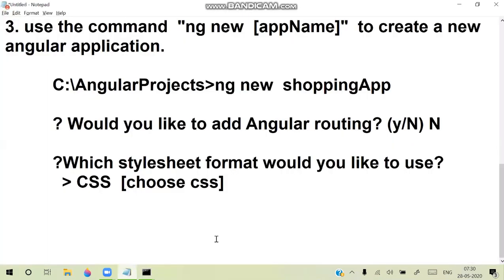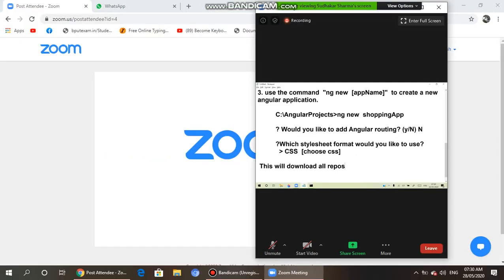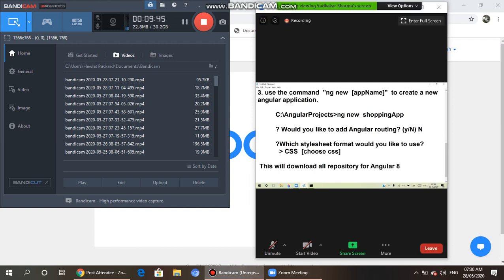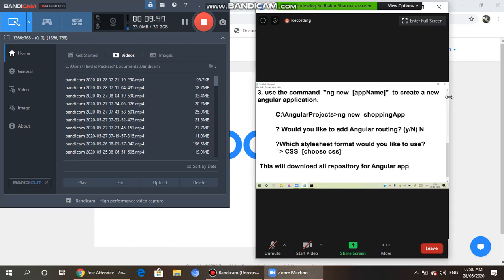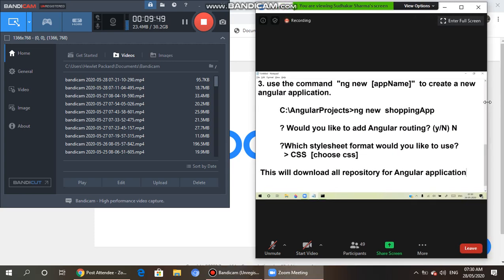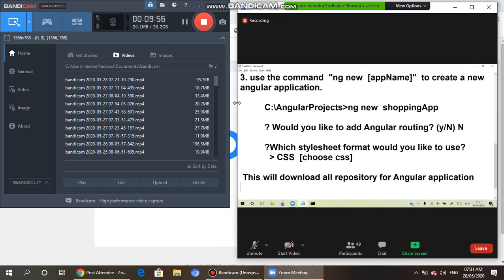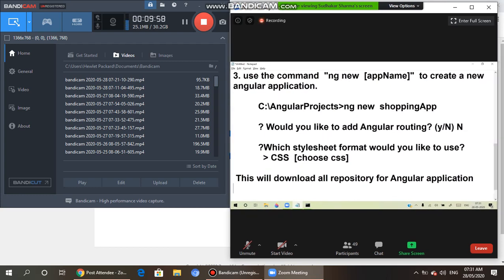After choosing this, this will download all repository for Angular 9, the repository for Angular application. Now after downloading the repository